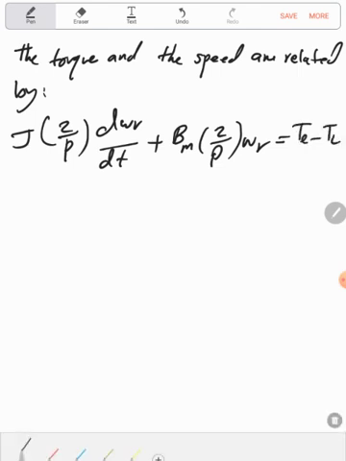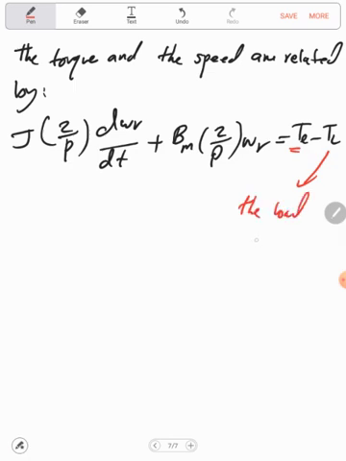Now we have an expression for Te, and TL is the load torque. And this is the moment of inertia,